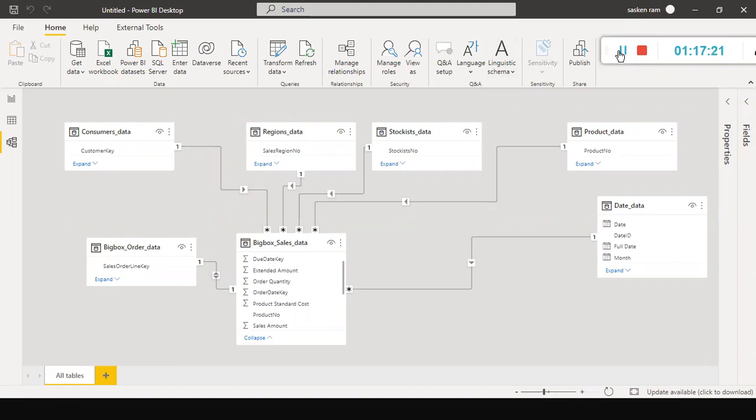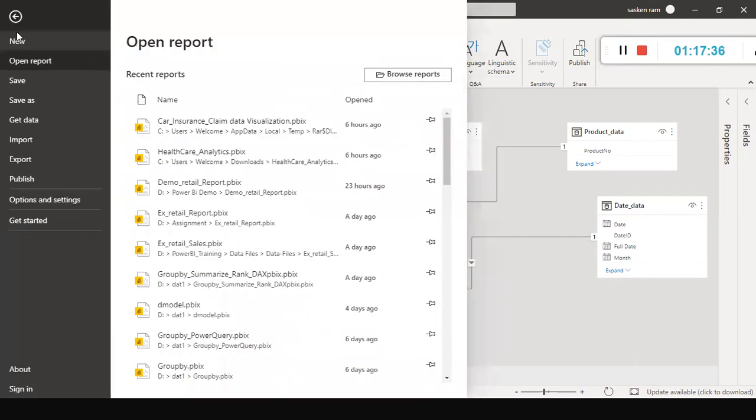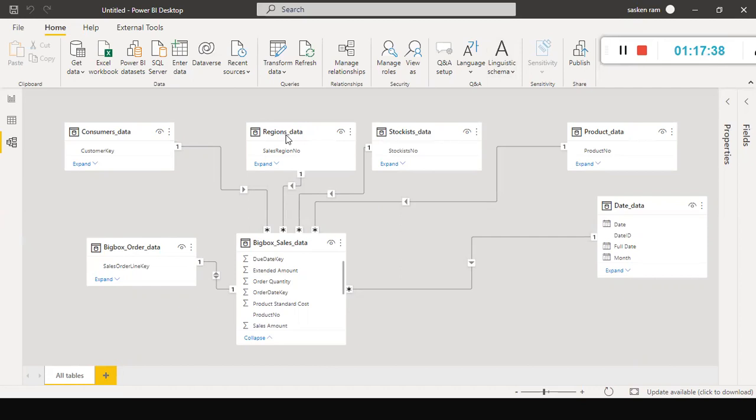In the meanwhile, you can try all these exercises we did today, in your spare time, sometime tonight also. I'm going to save this file and share it with you all.